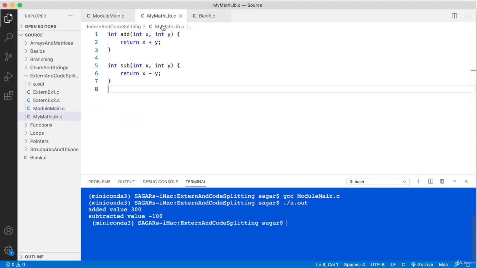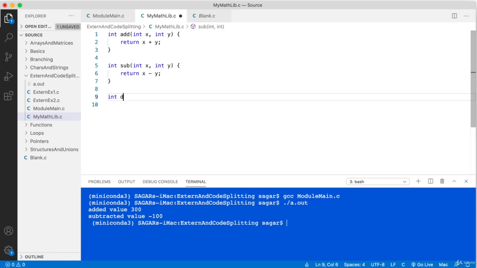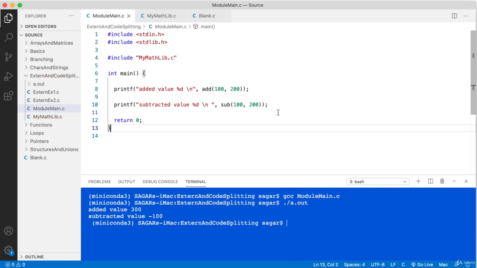Okay, I'll add one more function just for your understanding. Let's say div, int x and int y, return x divided by y, whatever it is. Now you just go to the main.